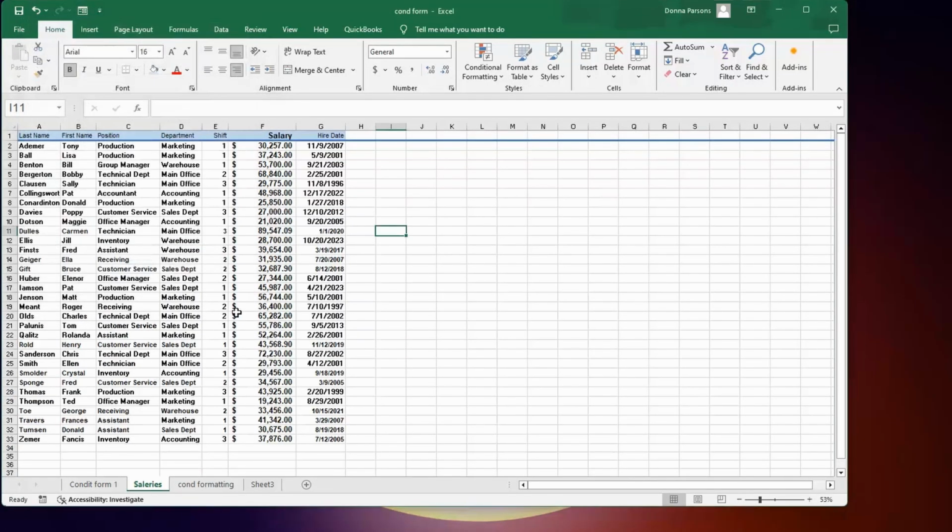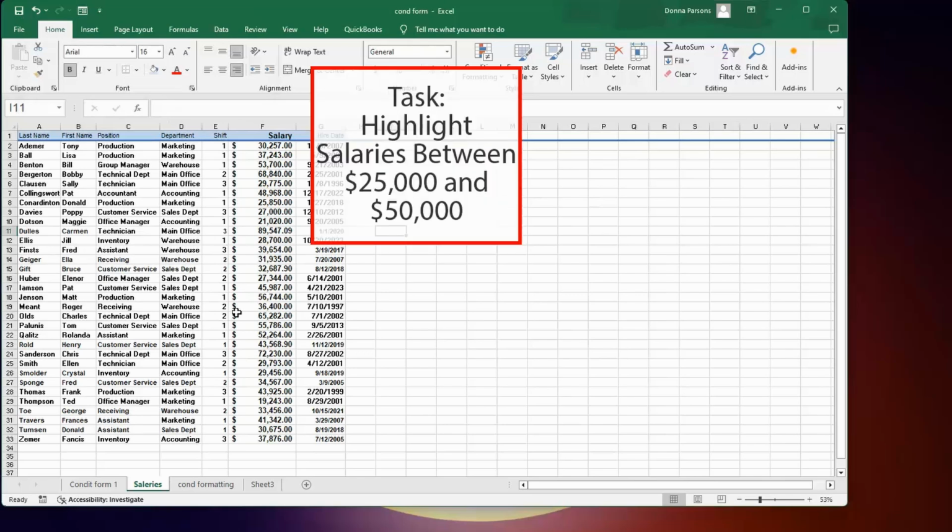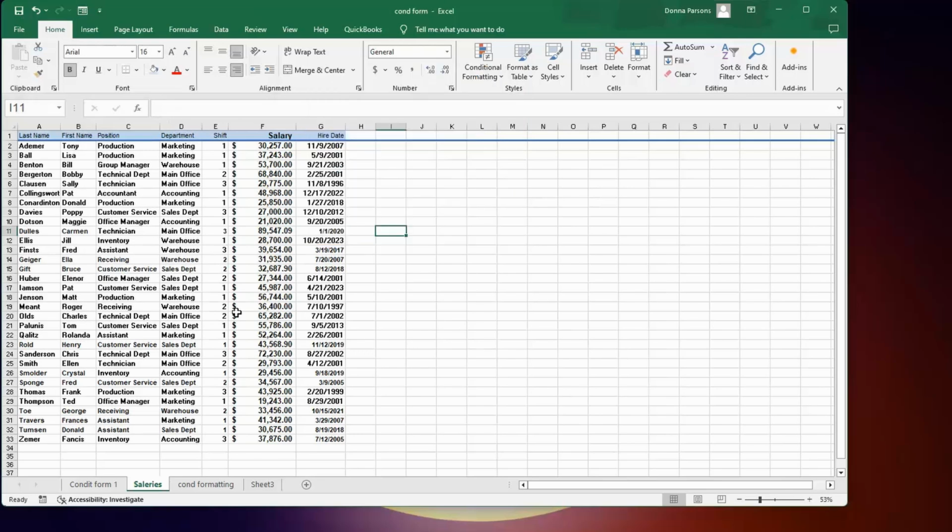So trick number 3, thank you for sticking with me, because this one I'm actually going to show you 2 different ways to do conditional formatting, is now we're going to highlight the salaries that are between a certain number. So for example, if I wanted to highlight the salaries between 25,000 and 50,000, this is the way to do it. So I'm going to select the salary column,